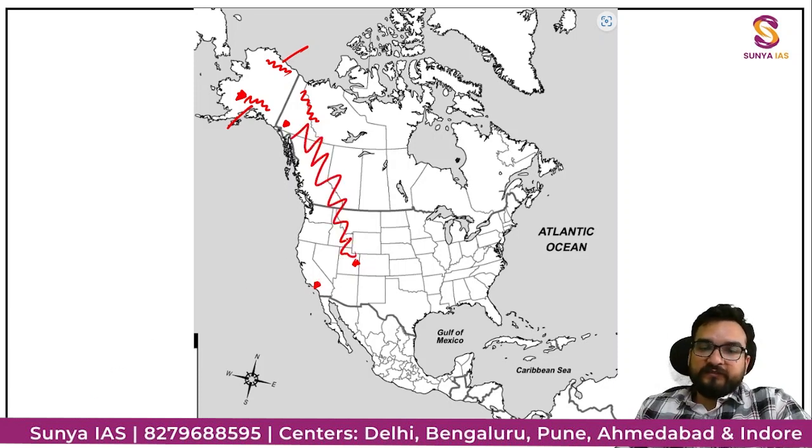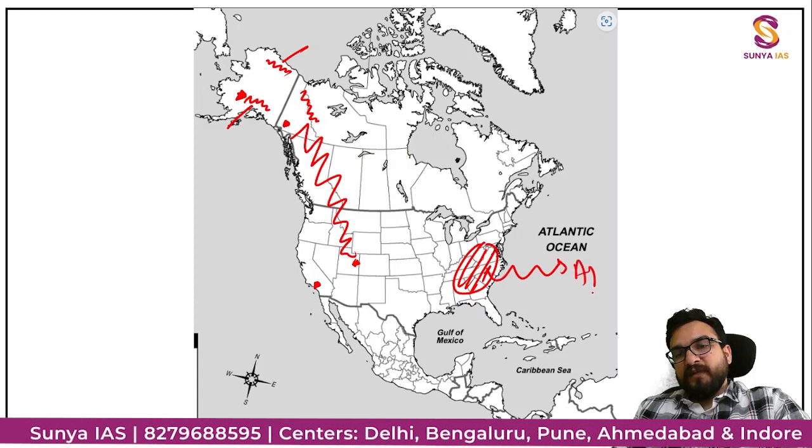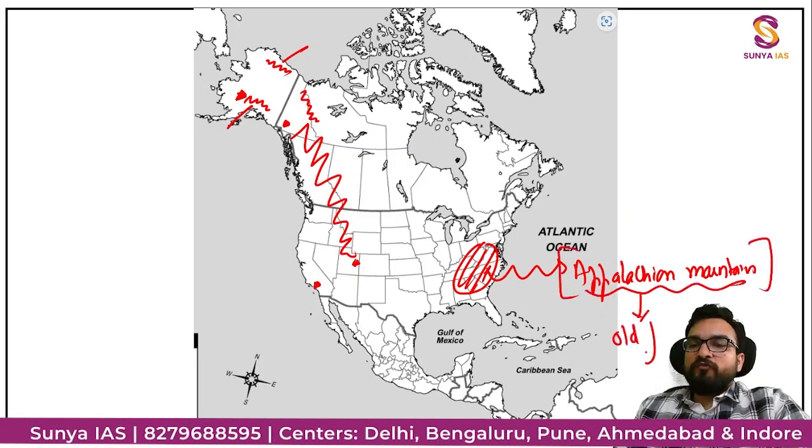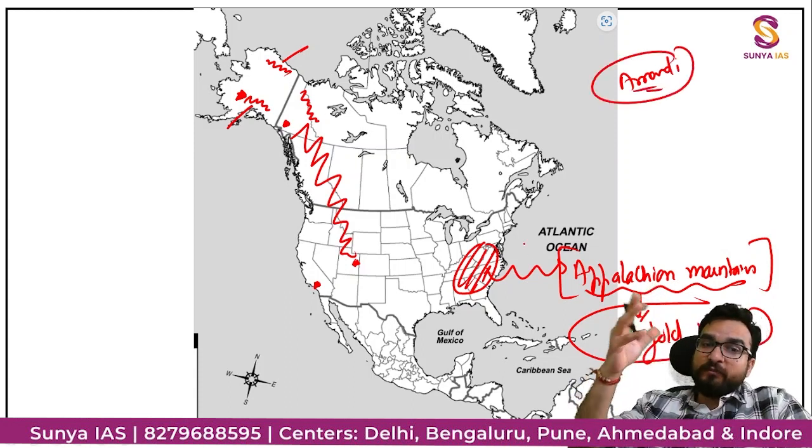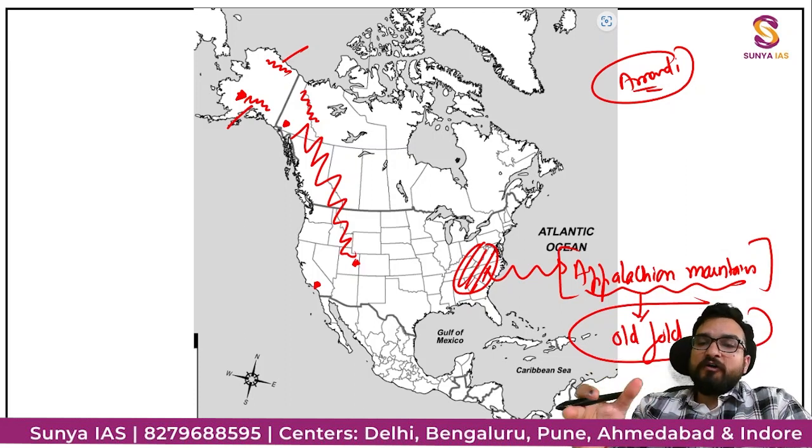These are Rockies. And over here you will find one important feature, this particular range. You can call it the Appalachian Mountains. Look in the atlas by pausing, and check the spelling from there once. Appalachian Mountains are an example of old fold mountains, meaning these have become residual mountains. You have seen the Aravalli in India, just like this. Because these used to be young fold mountains once, like the Himalayas, like the Andes, like the Rockies, but now they have aged. They are residual now. Residual mountains, old, right?